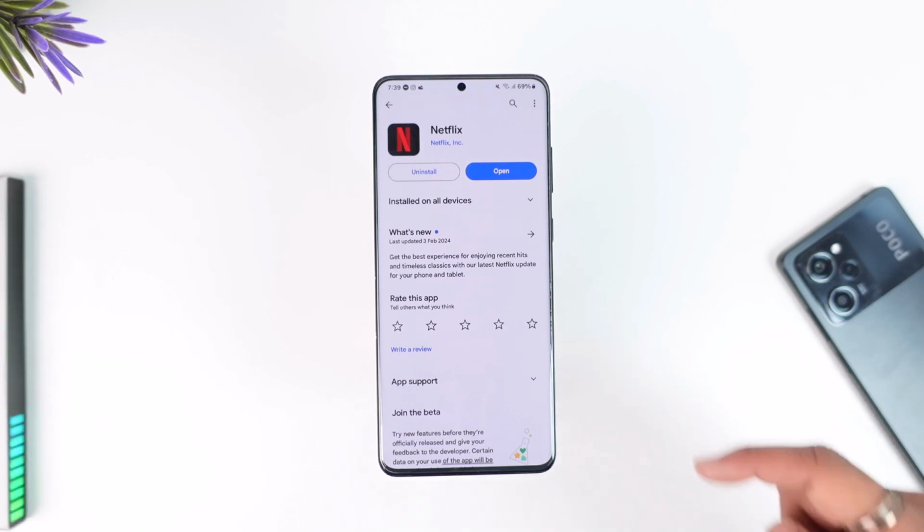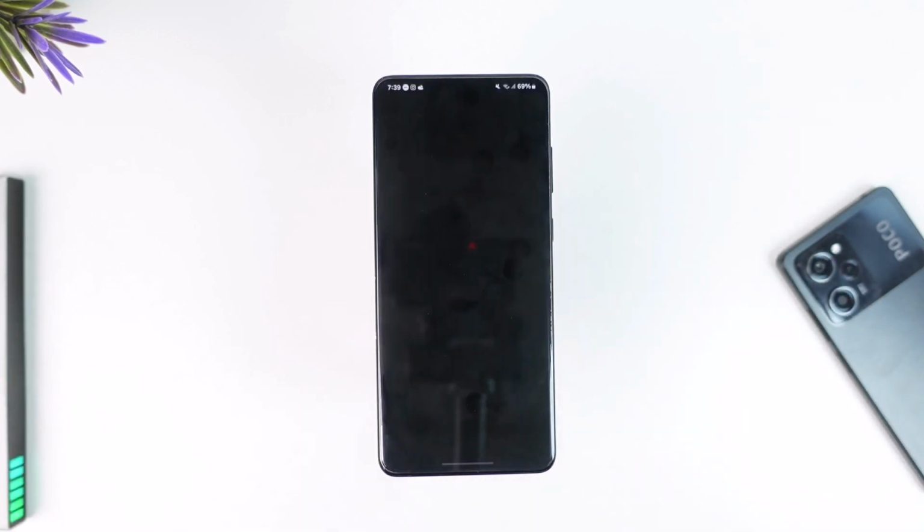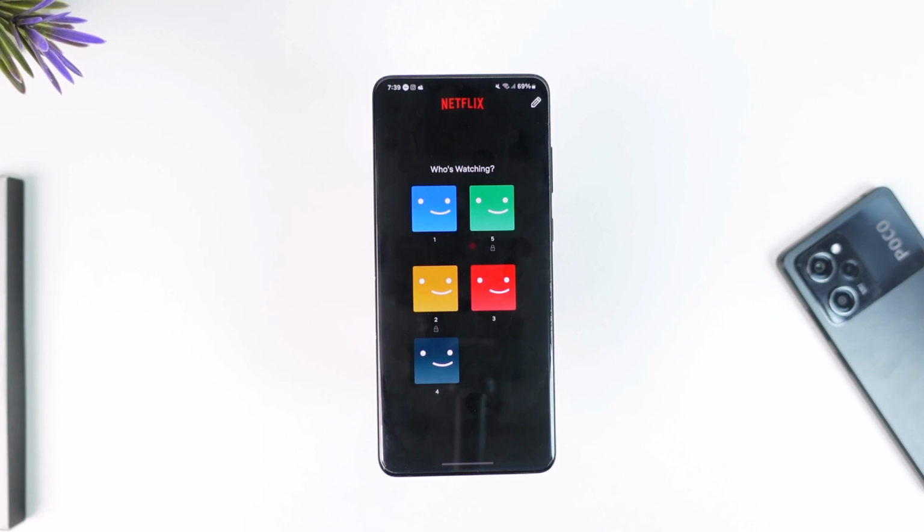All you have to do is first of all simply open up the Netflix application here, and once you launch the Netflix app you will see this type of interface. Now here you can see some of the profiles I have on actually has a password, and after you have done this, what you want to do is if you also want to put a password on one of your